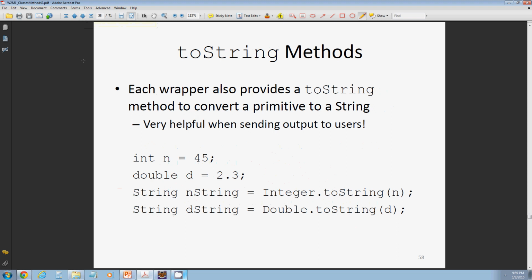The final thing we get from these wrapper classes is basically going the other way. So if we had a number and we wanted to convert that to a string, well, of course, we could just concatenate it with an empty string. That would be one option of how to do that. But another way is to use the toString method of the wrapper classes. This is another static method, so we again invoke it through the name of the class. And we send in an integer or a double, and we get back a string, so the string version of